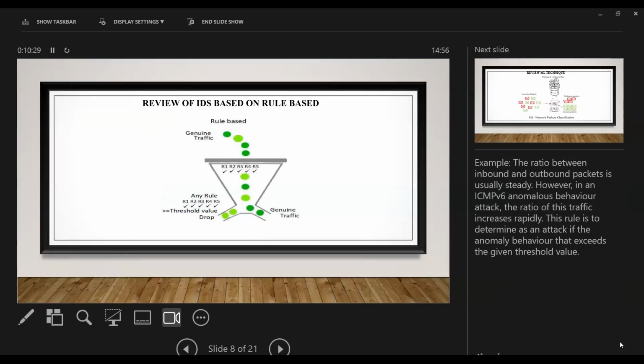And then review of IDS based or rule based. So IDS basically depends upon the rules that we set. The best example I can say is the firewall, where you can set the inbound and outbound traffic, and you go through a lot of rules. So the same thing over here, but in a specific manner, and most probably it can also include some sort of heuristic, say fuzzy search, based on that particular condition.